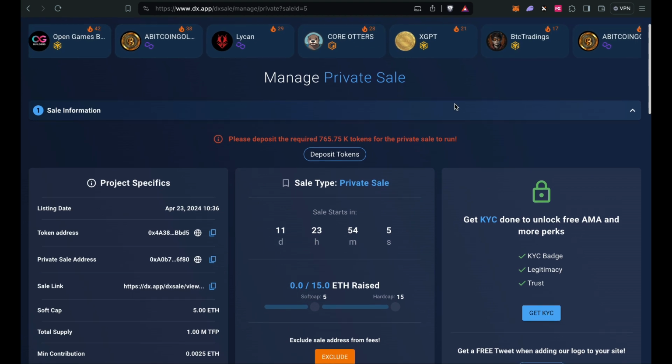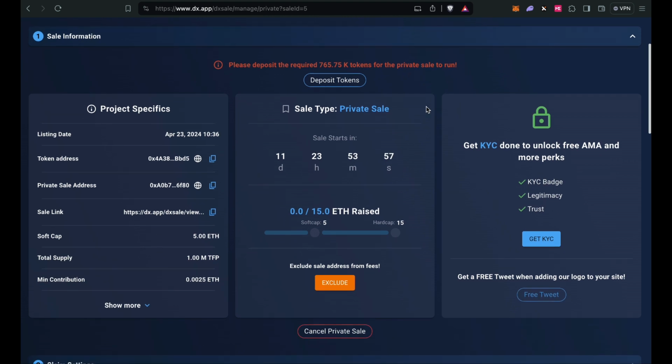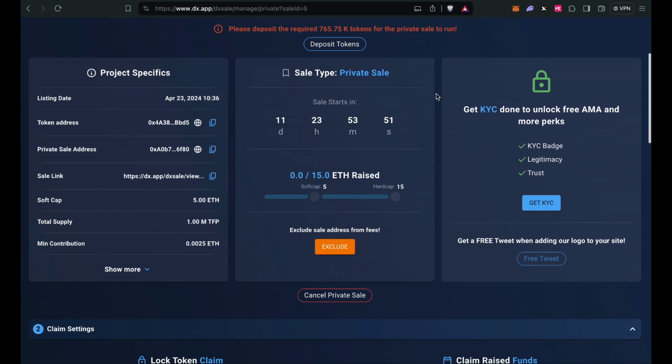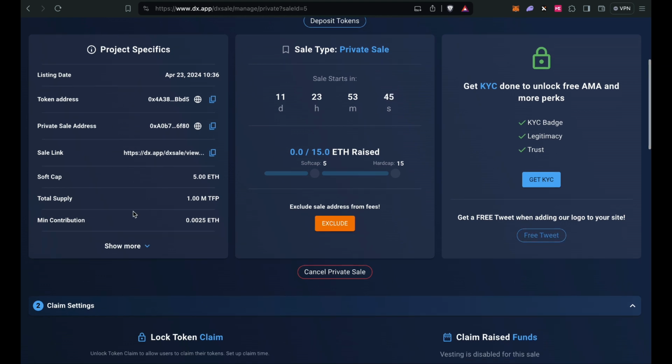And as you can see now, I'm on my dashboard. It asks me first thing, please deposit the tokens that are required for the private sale. Otherwise, obviously, I cannot do that. So I would click here and I would have to deposit the tokens. You can see all the specifics about the pre-sale and the project. When the private sale is starting, so 11 days from now,